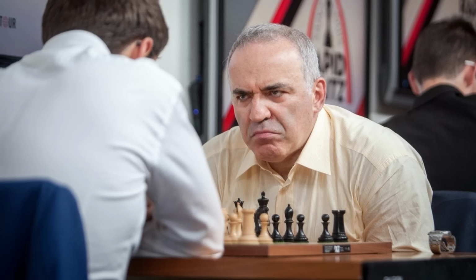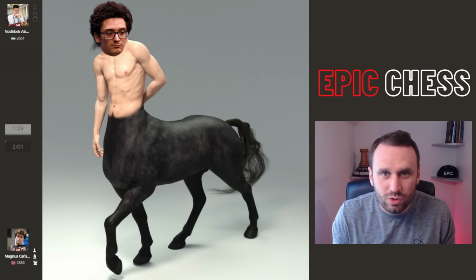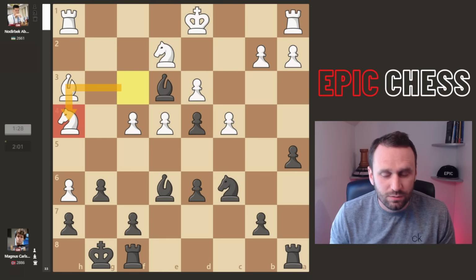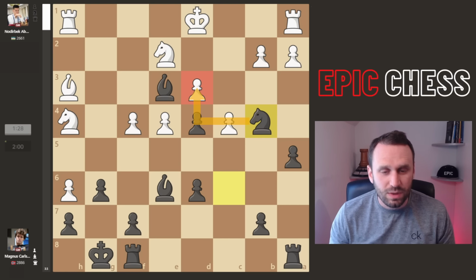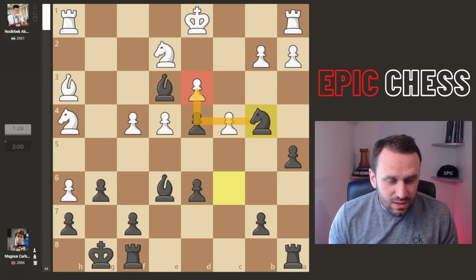It's like challenging Garry Kasparov to a staring contest, or young Yasser Seirawan to a 10k, or Fabiano Caruana to a dress-up contest on the weekend. You just don't do it. You're asking for trouble. Now we see knight b4 from Magnus, and with d3 under fire, things are starting to